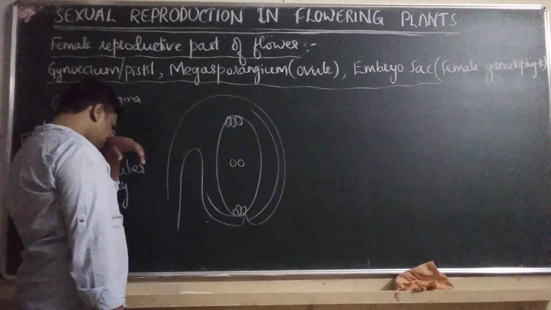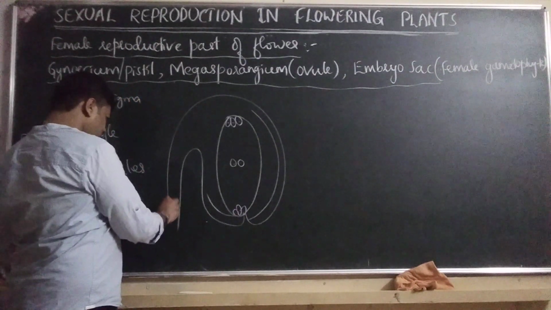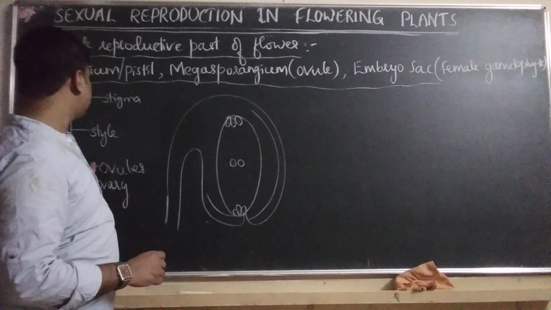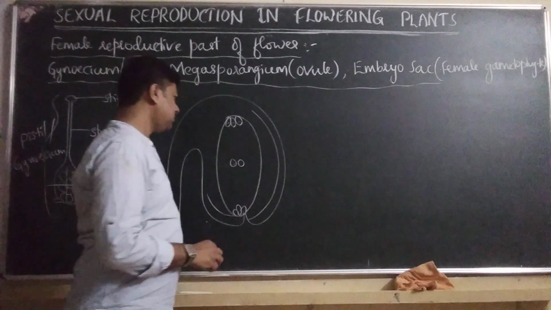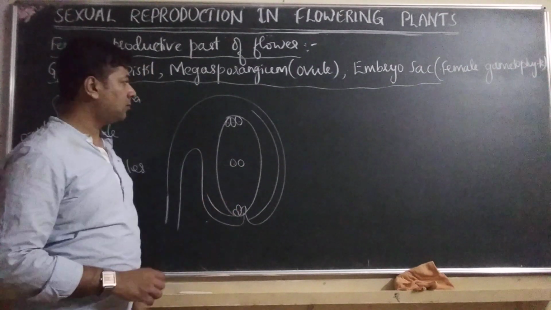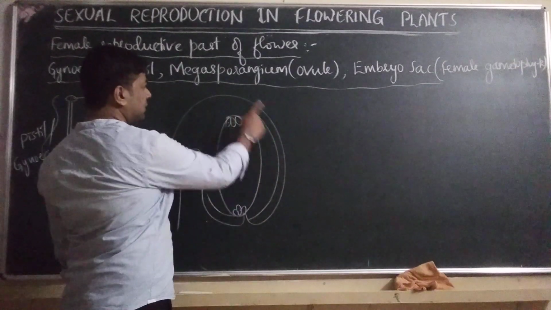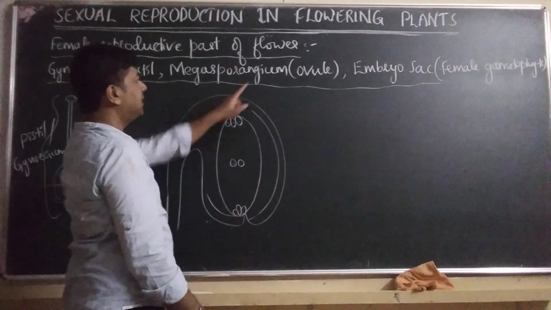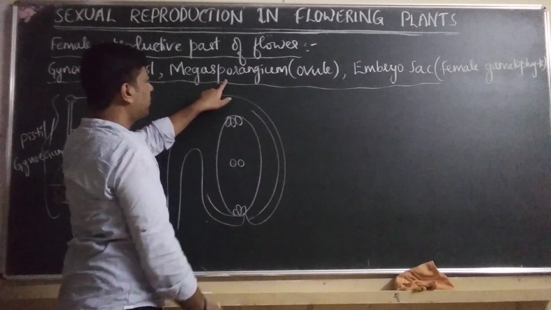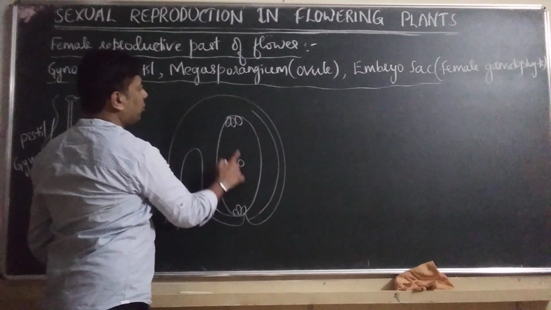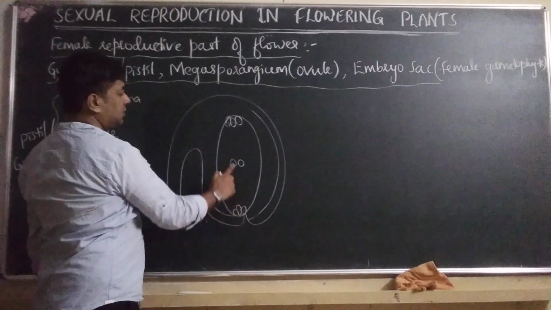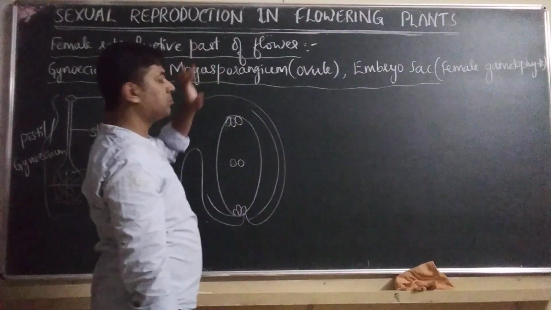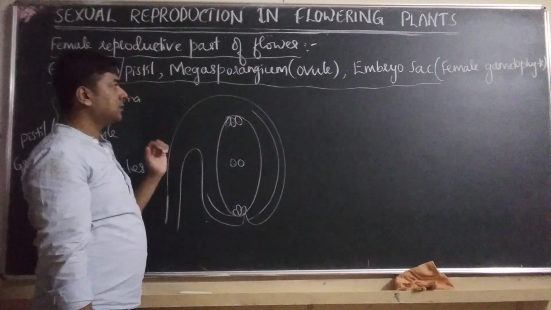Do you remember this ovule structure? This ovule structure also we are going to learn now. Before that, types of variation we will learn. Now this entire structure is what we call megasporangium, because it's a bag-like structure. Angium means bag-like structure. Sporangium means bag containing spores. These are the spores. Then, as it contains megaspore, it is called megasporangium.